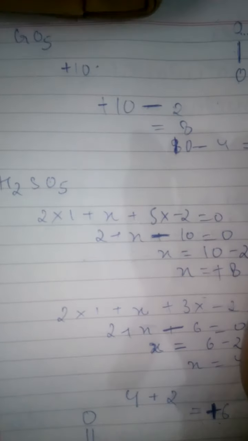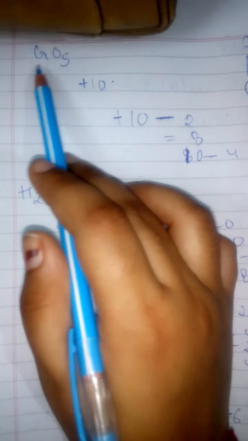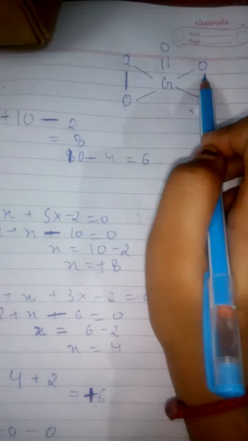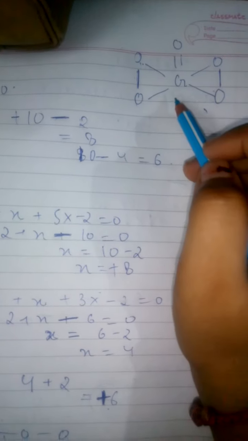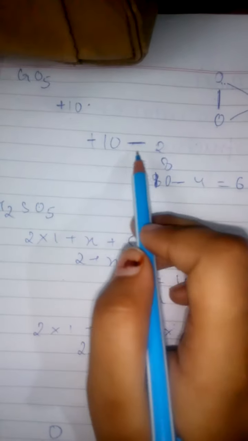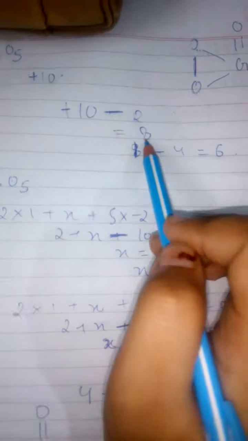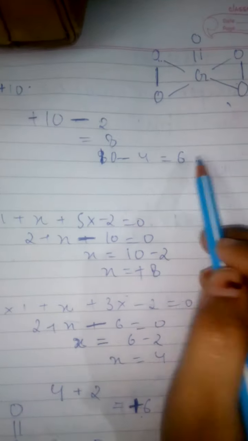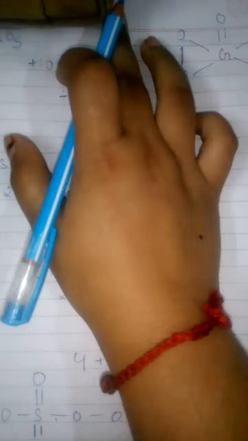I have taken the example of chromium pentoxide only. You can easily see that in the calculation method, its oxidation number comes as plus 10, but it is wrong. So what are we able to do? In this case, we assume that all 5 oxygens have oxidation number minus 2, but in the structure what do we notice? We notice that 2 peroxides are there. That means 4 oxygens have oxidation number minus 1. So simple. Let's reduce 1 peroxide from this. Then what do we get? 8. Again it is coming greater, then reduce another peroxide and it becomes 6. It's the correct answer.